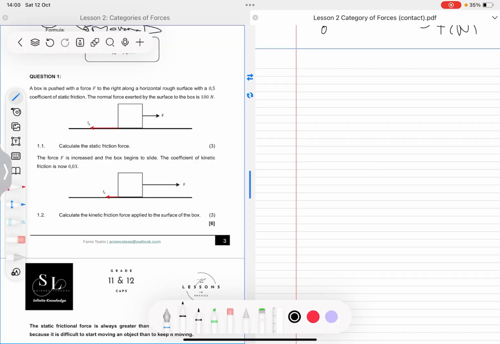To conclude this lesson, we'll do a question so that we can test and see that what we have learned in this lesson, did we understand? So we'll do question 1 here. As usual, you would know